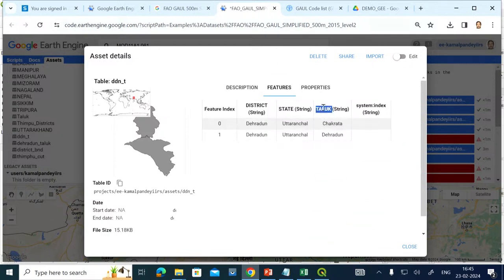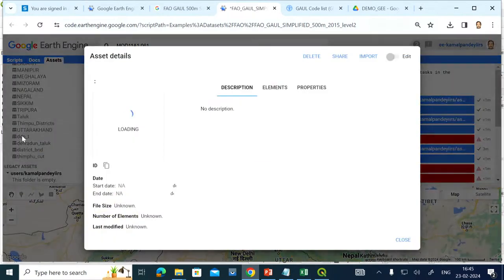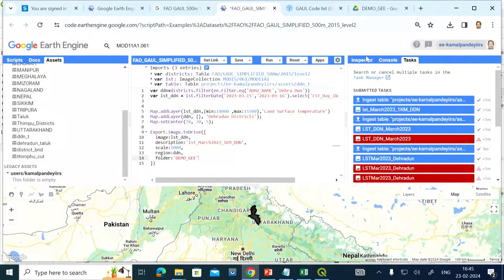Remember this particular one, this is in capital letters, Taluk. And then if I say close, no, it needs to be imported. Select it, and then there is one option here called import. Import. So you can see here it is imported as a table. At this point, this table I will name Taluk, or I will say only Taluk. So now I have the Taluk for the Dehradun region here.